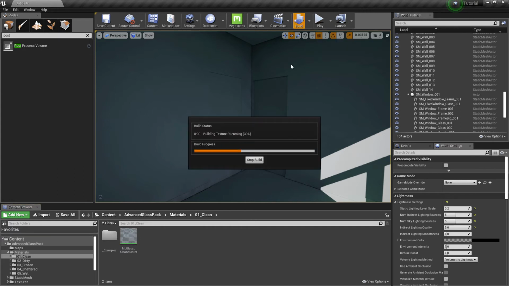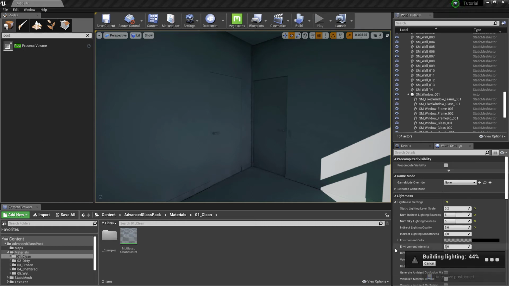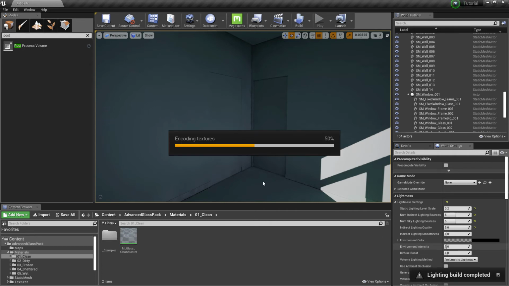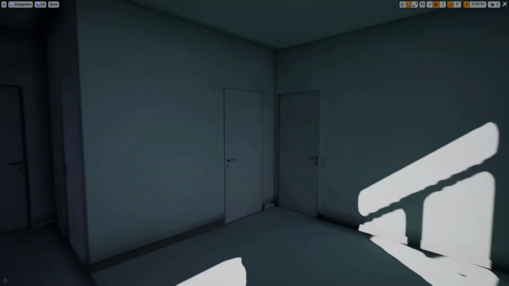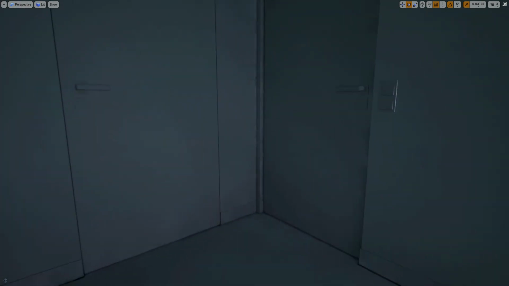Let's do a build again. The lighting has improved, the dark patches have reduced a lot, and the noise is also less.